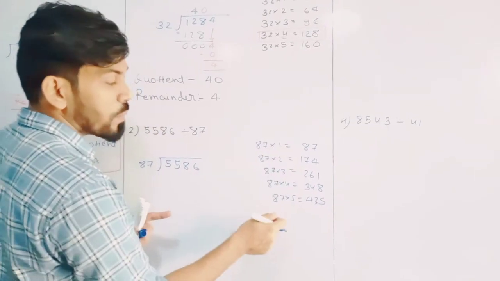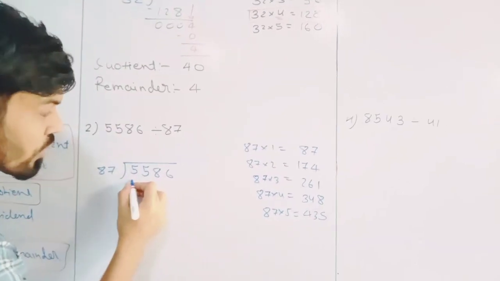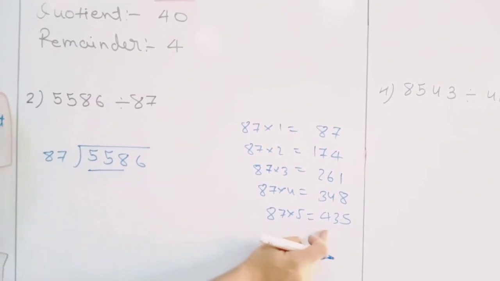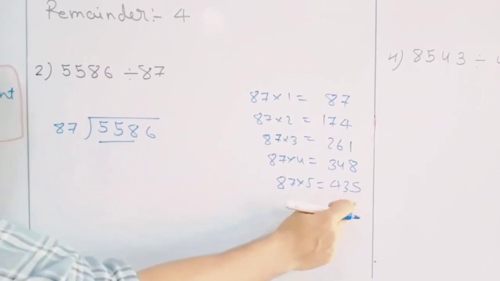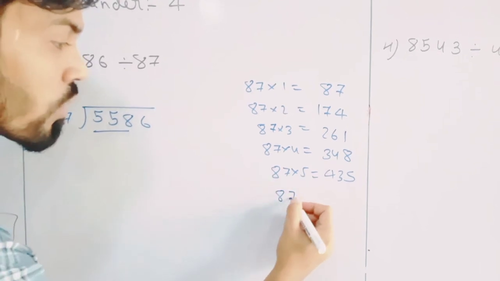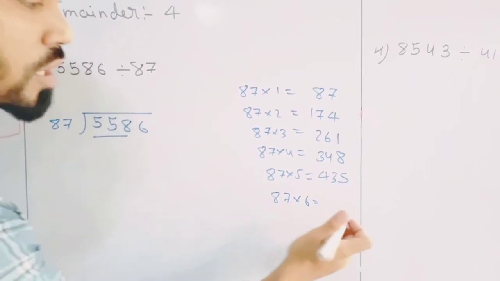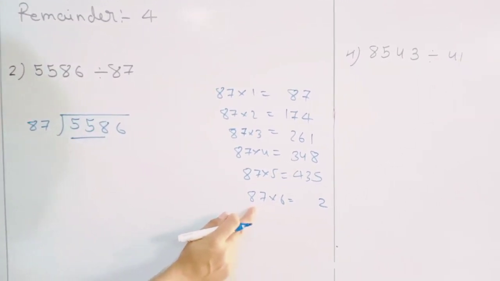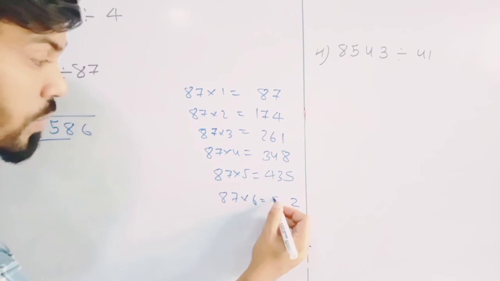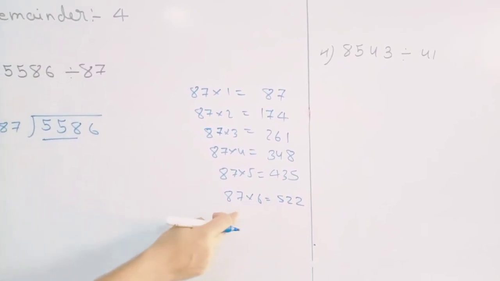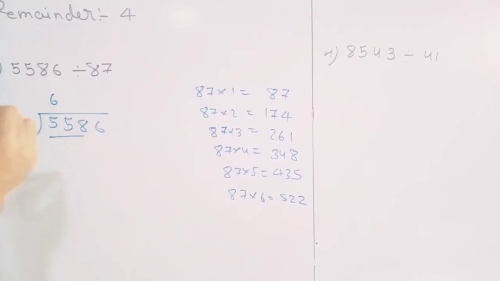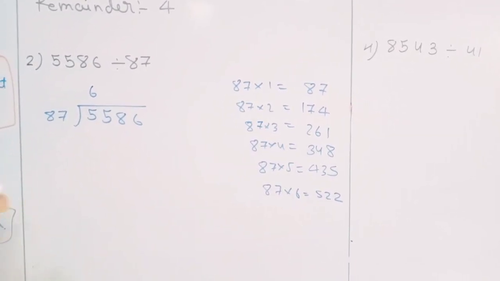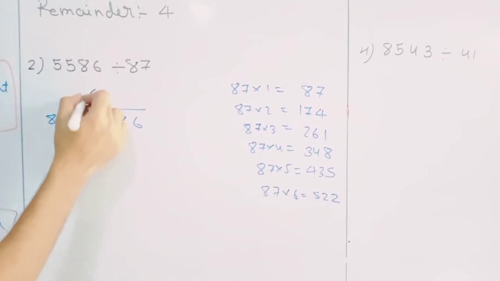Here we are doing the multiplication. Let's see. Here we have 558, a 3-digit number. The last one we did is 435. Do one more, till 6. 6 7s are 42, 4 carry. 6 8s are 48 plus 4, 52. That is 522, which is nearer to this. So 87 6s are